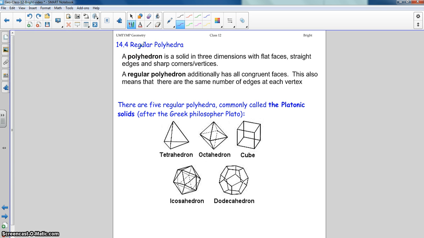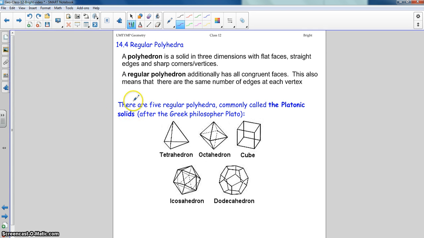So what this means is that all the faces of the polyhedron are congruent, and then there should also be the same number of edges coming in at each vertex. Now, these are actually well studied in famous examples in a branch of mathematics referred to as combinatorics, where we actually count the edges, vertices, etc. And so typically when we see problems in this section, we're going to be counting different